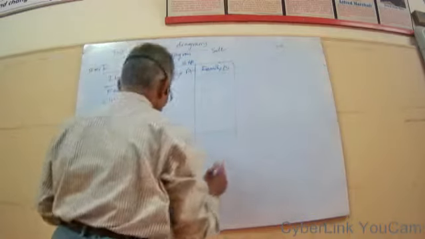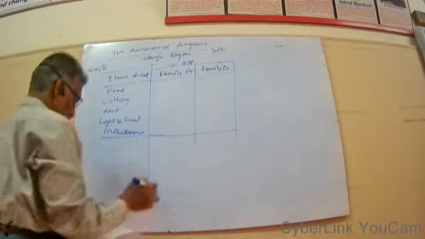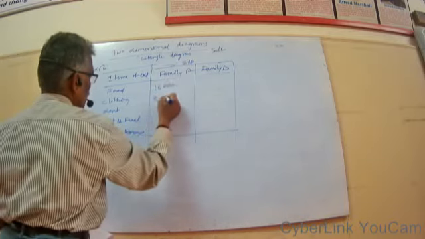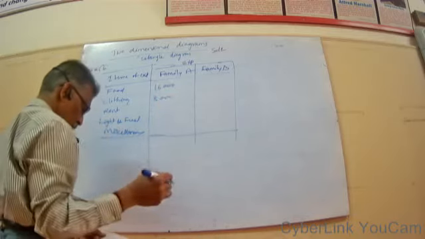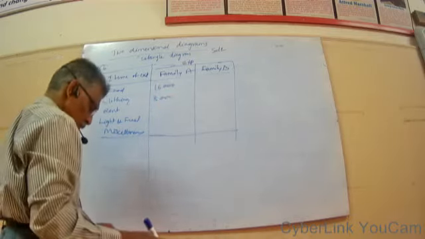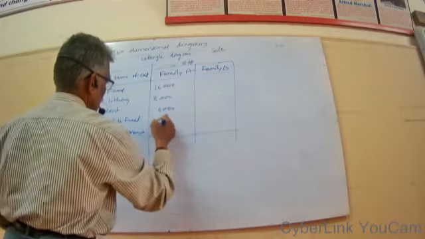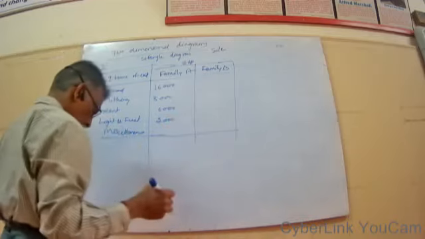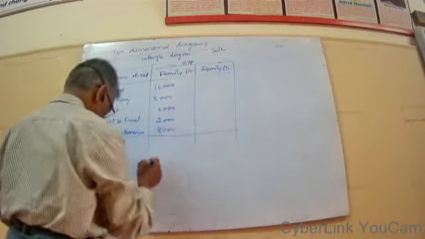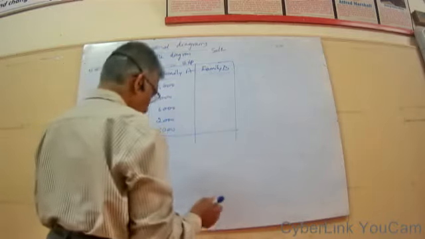These are the two columns. The values for family A, in rupees, are 16,000, 8,000, 6,000, 2,000, and 8,000. Total is 40,000. Here family B is 12,000, 6,000,